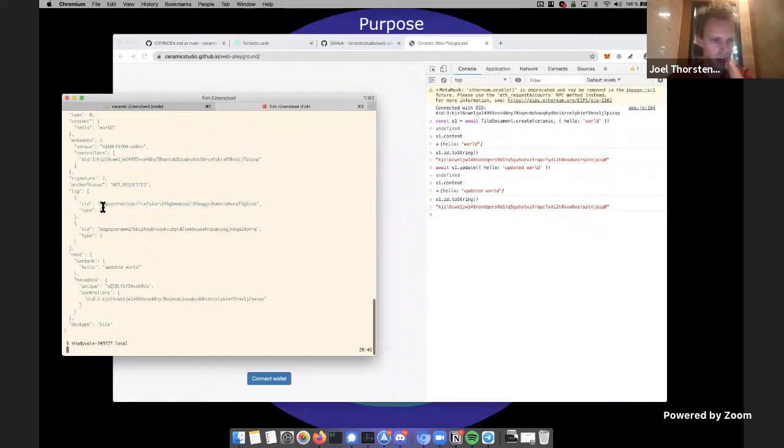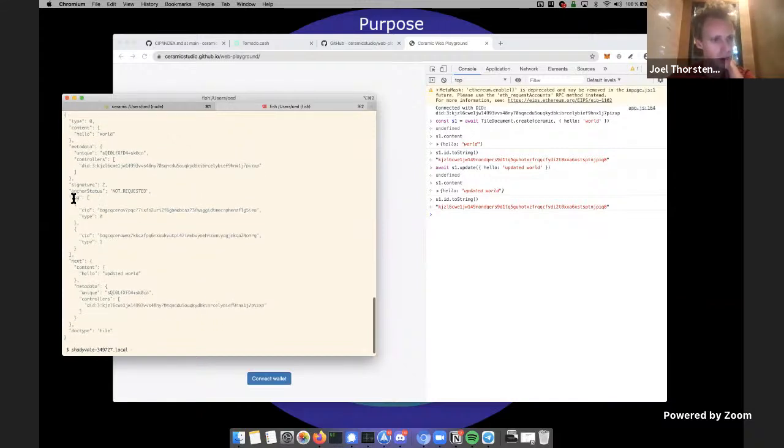Here in the log we can see the first object and the second object. The first object is what we created first, and then there's a new object that points back to the previous object. That's how we keep track and create an audit log of changes.